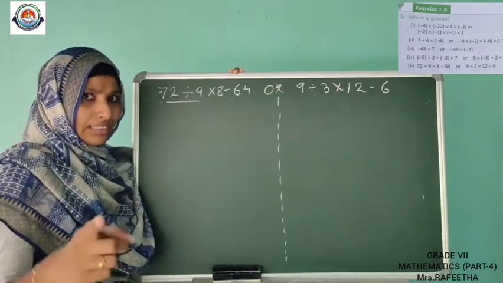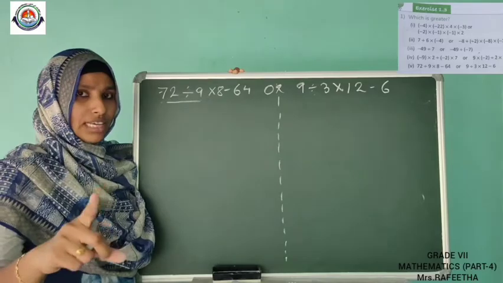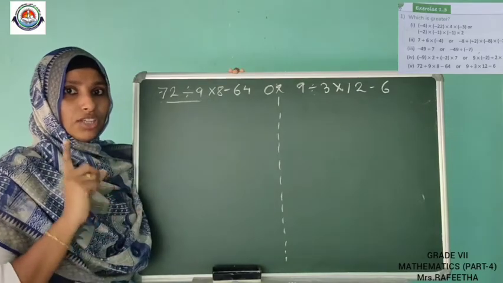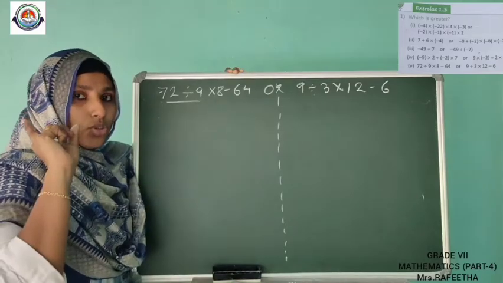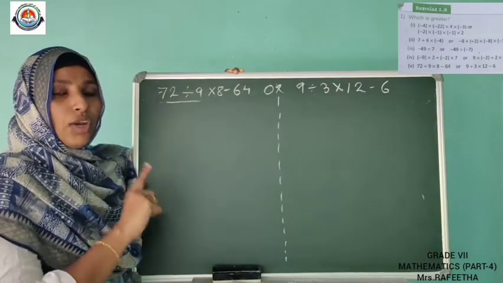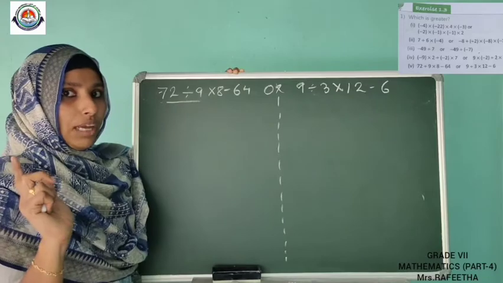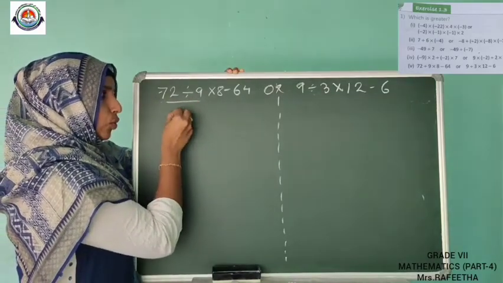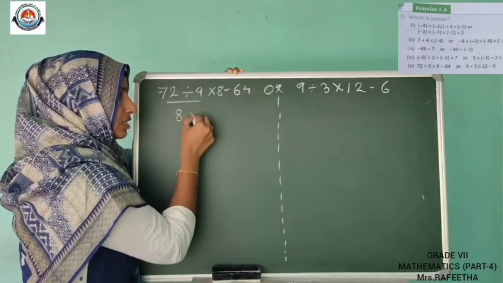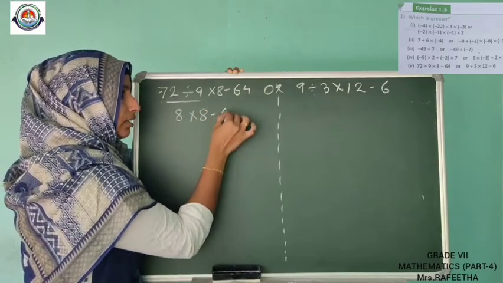That we know. Another thing I said from first class onwards is that you must study the multiplication table till 9. That is a must. No student should watch this video without studying this multiplication table. So 72 divided by 9 is 8, that we know. And the remaining steps I am just writing by copying this.